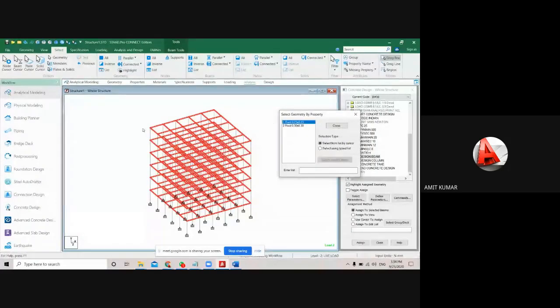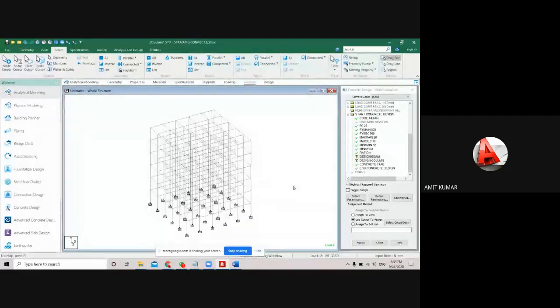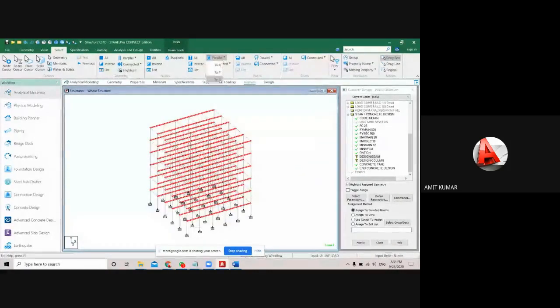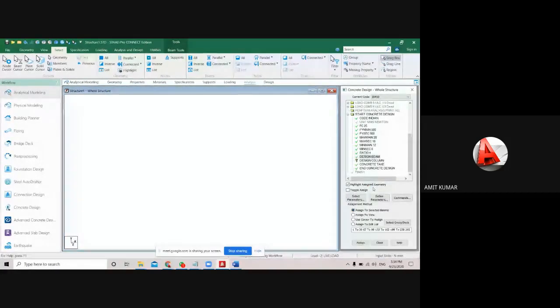When you click on it, you will see that the beam has been selected. Then after that, just click on the assign to selected beam and the property will be assigned. This is also a method of selection. Okay, and I already explained the X and YZ method also. So then click on the assign to selected beam and click on assign.